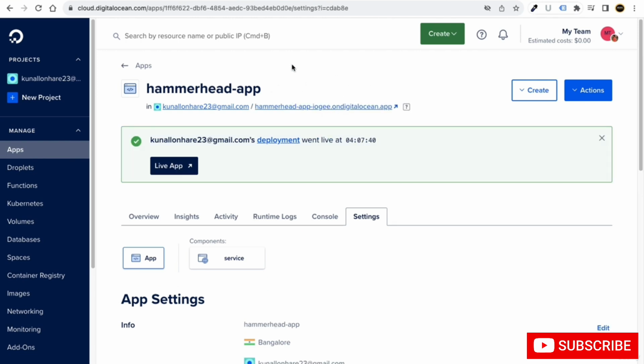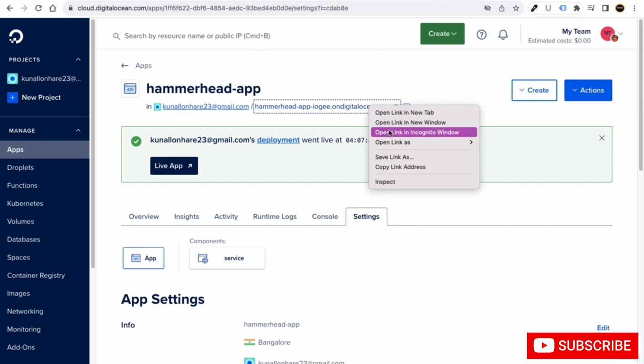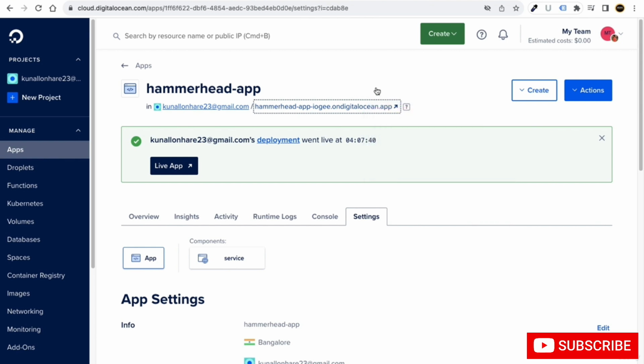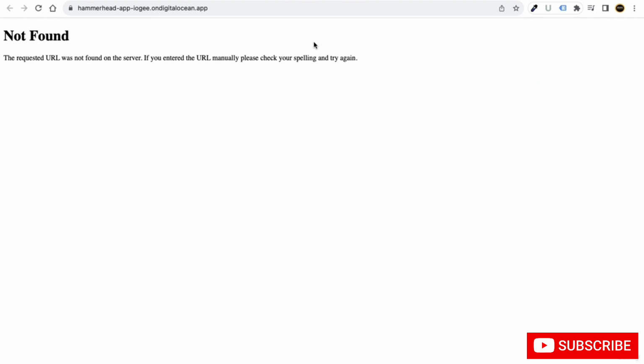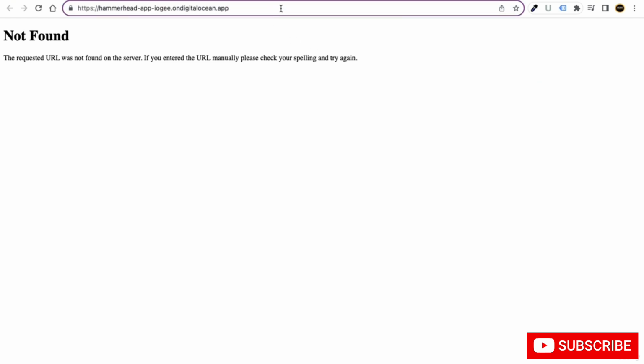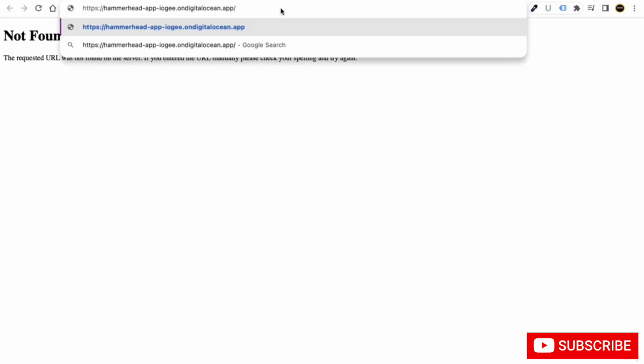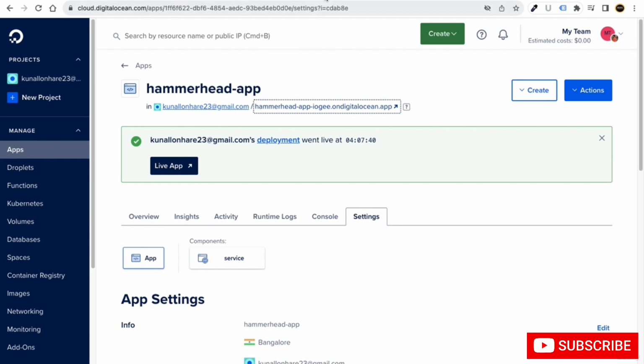Now guys, you can see after a few minutes the application is online. You can just simply open this link in a new tab and your application is again good to work. You can just again put the parameters which you used to put, like the suggestion and keyword one. Then it will work the same way and it's live, you can see.